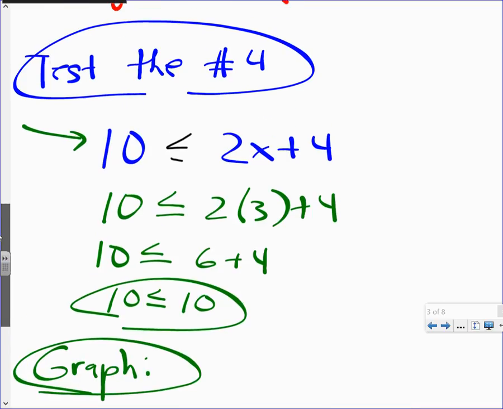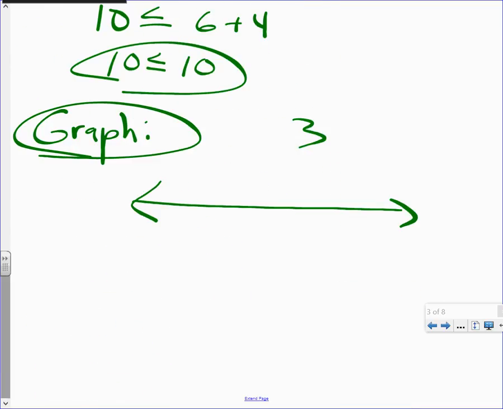Okay, here we go. Let's graph x is greater or equal to 3. Let's graph it. Watch this. Let me put some numbers and make sure 3 is there, I'm just making a number line. I'm going to put some numbers here. How about 1, 2, and 3? All right. What I'm going to start doing now is I'm going to shade the number line that represents the